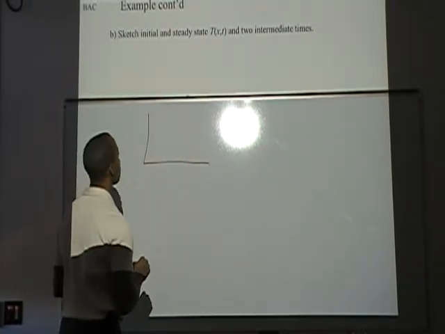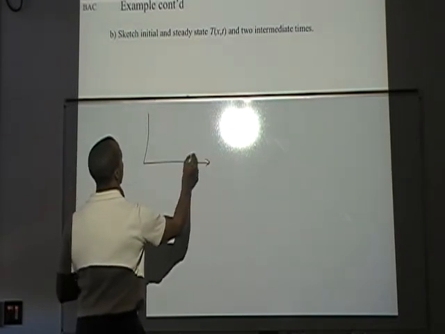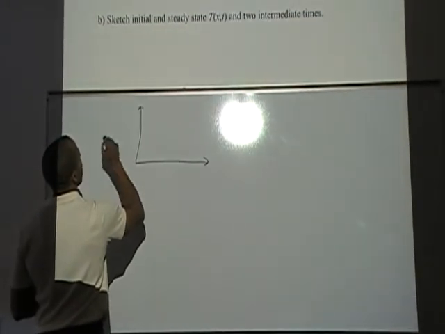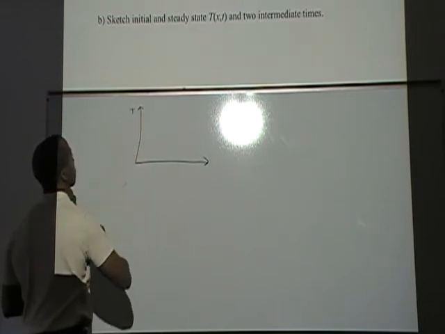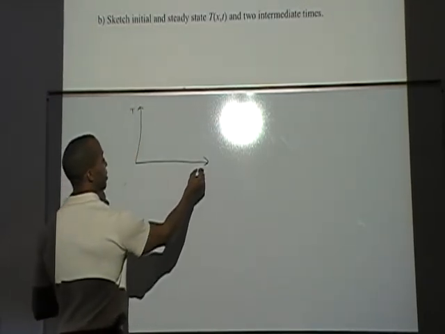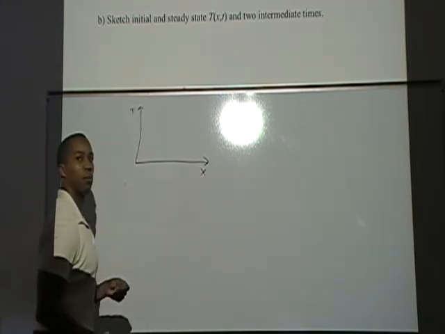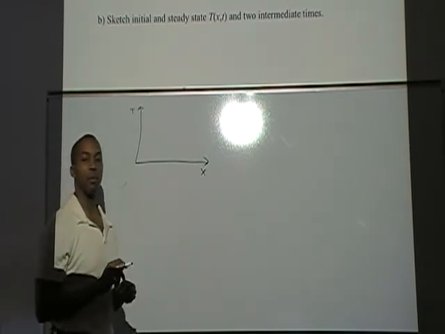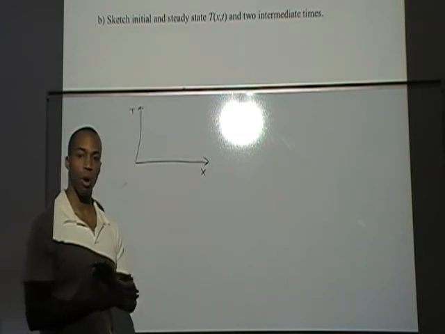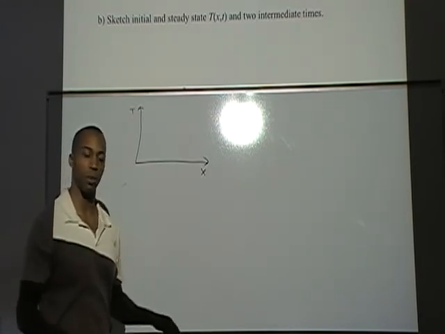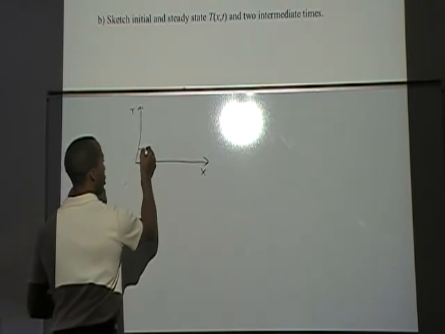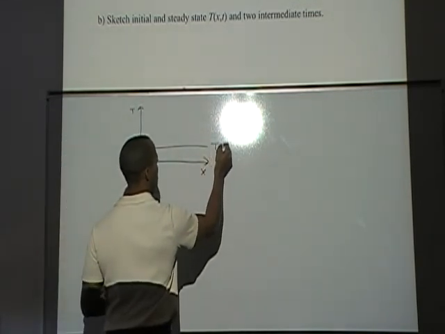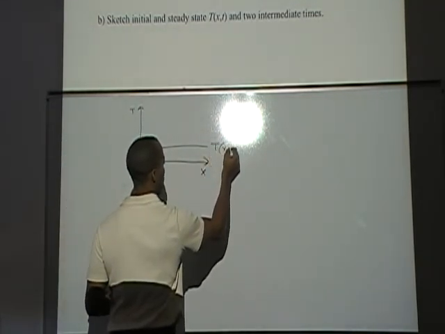So here we have, let's say this is temperature, and this is position x in the wall, right? So initially, before the convective heating starts, our wall is at an initial condition. We already said initial temperature. We already said we had an initial condition where that wall is at a uniform temperature. So this is at Ti, at any x, at t equals